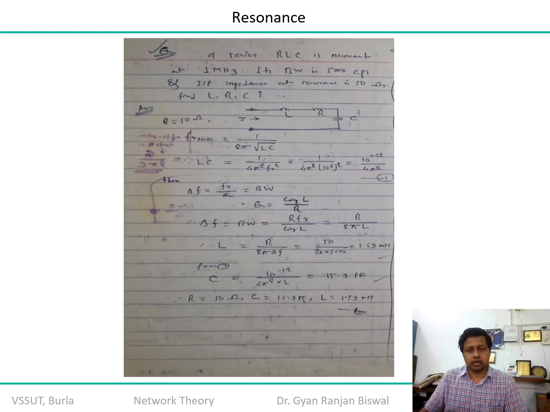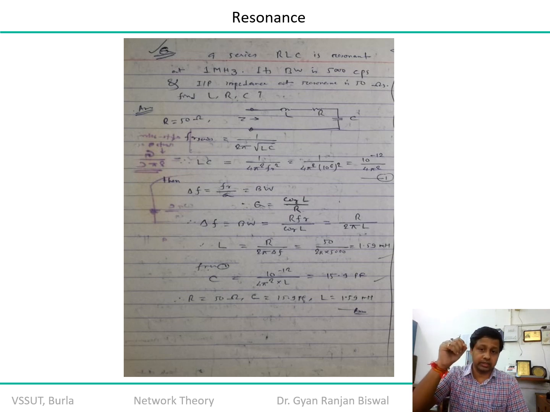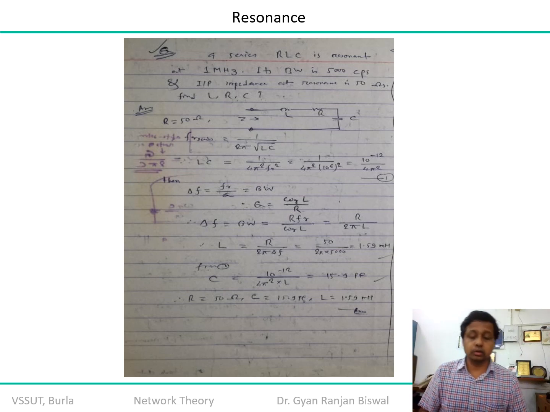Let us take a couple of problems to develop more understanding. A series RLC circuit is given, which in this problem is operating at a 1 megahertz signal. So remember, it is a very high frequency signal. That means the size of the elements will be reducing as the operating frequency increases. The mass of the circuit is reducing, because it is inversely proportional to that particular value. I hope that from the previous equations you got that idea. So the mass of the physical device is inversely proportional to the resonance frequency.